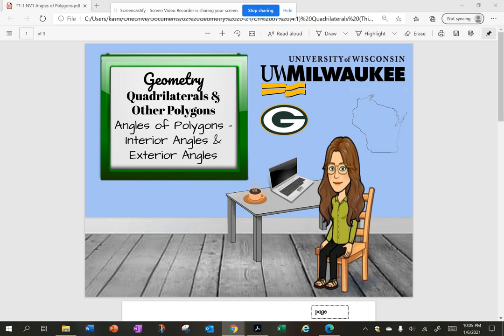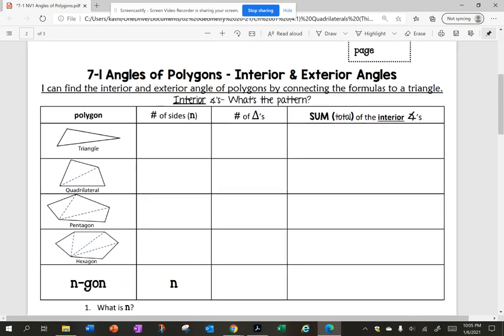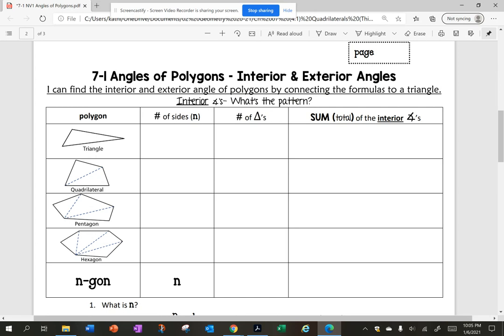Today's lesson is angles of polygons, and we are going to be talking about the interior angles and the exterior angles. So my learning objective for today is I can find the interior and exterior angle of polygons by connecting the formulas to a triangle. So let's start out with,